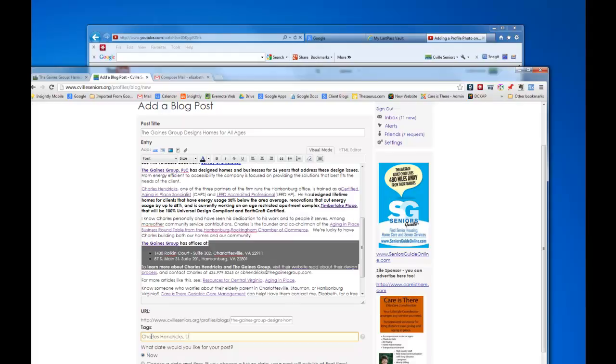Universal Design Architect. Now, something to know about Cville Seniors is that it's different on different programs. This program is going to split your tags up if there's more than one word. So we put them in quotes if we want them to stay together as a tag. Otherwise, Charles becomes a tag, and Hendricks becomes a tag, and design becomes a tag. So I'll just put these